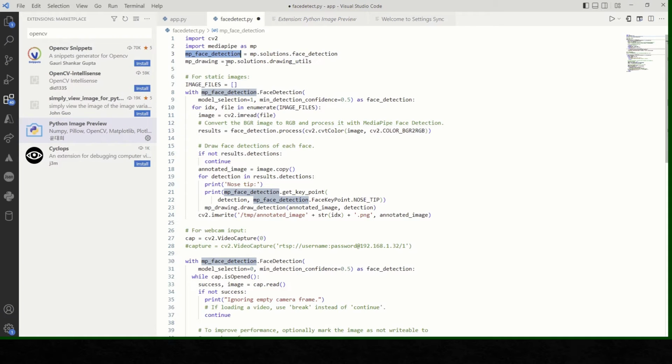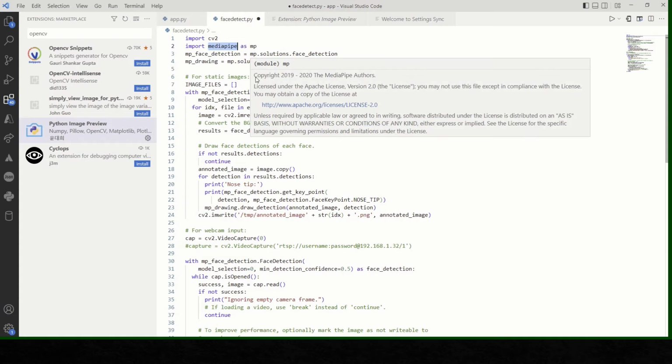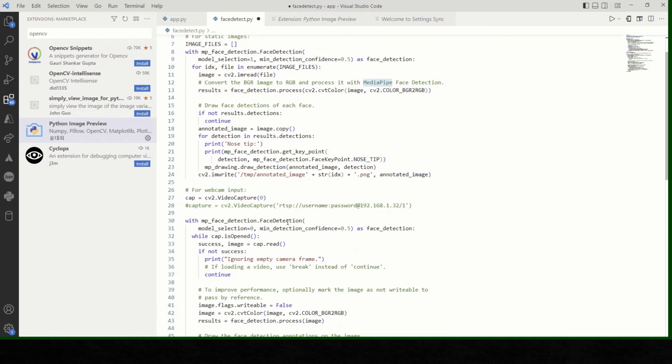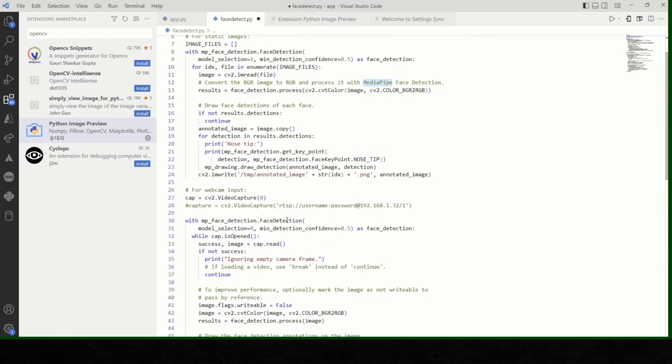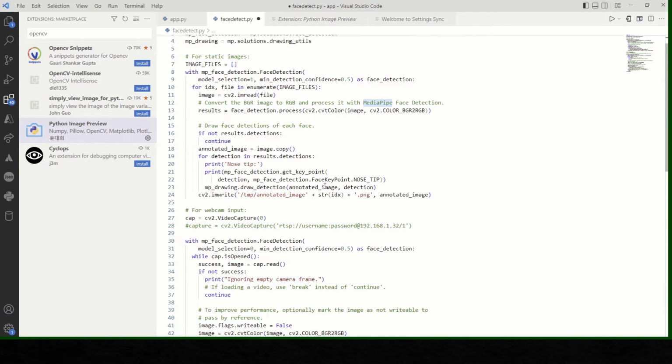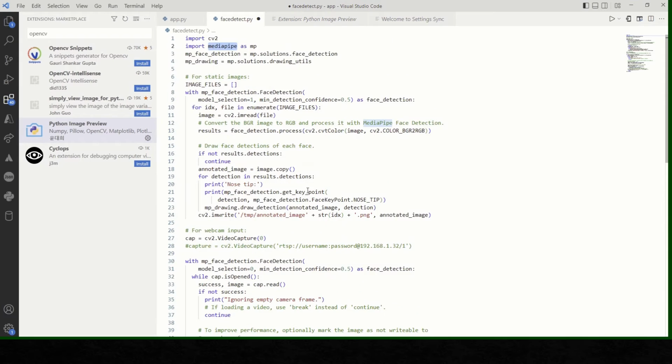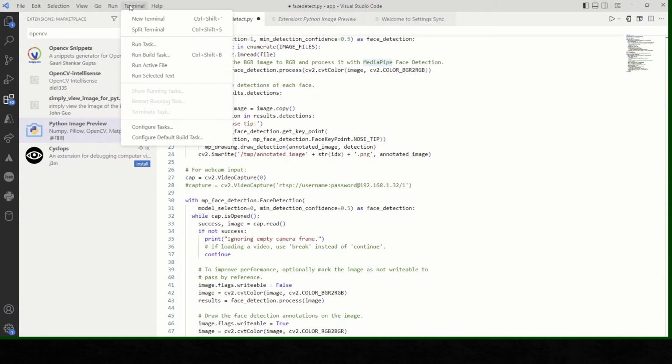So to explain very shortly, we are importing the OpenCV library, and we are importing here MediaPipe, and this is basically the code which detects the face. I'm not going into detail of this code. This is basically the same for other things, but I'll just quickly run it to show how simple it is